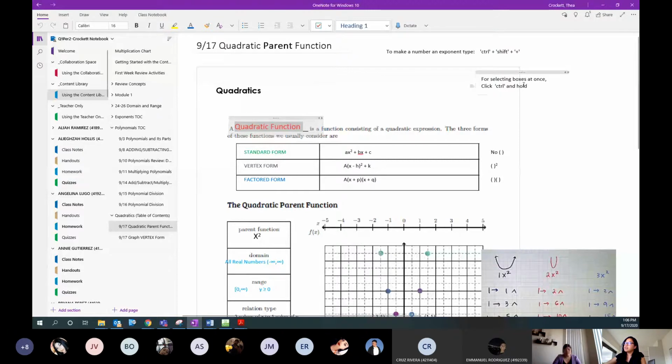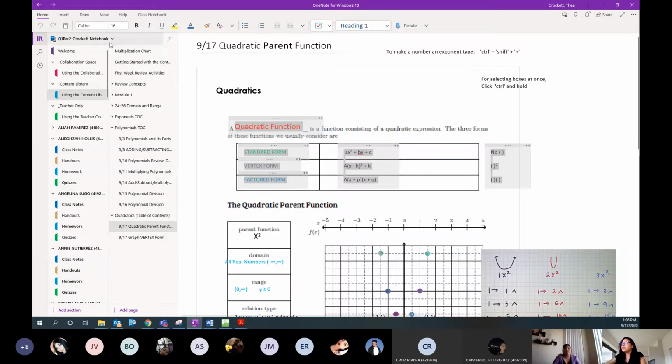And to be able to select boxes all at once, you have to click the boxes as well as hold the control button. So right now I clicked on quadratic function, then I click the control and then continue copying just 3, 4. Okay, and then I let go, and then I click Control C,